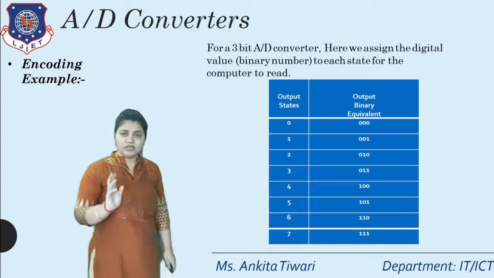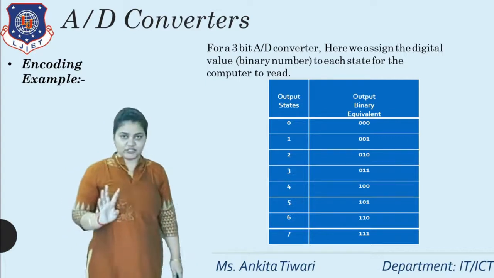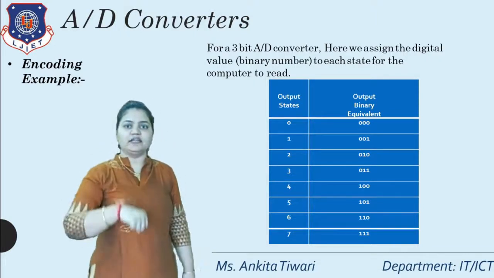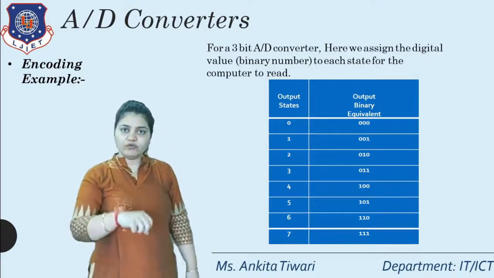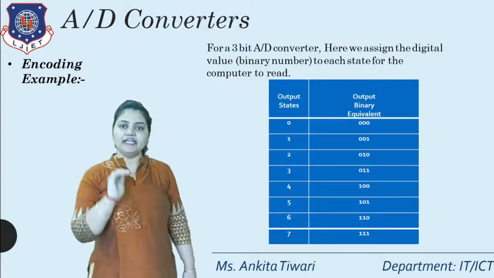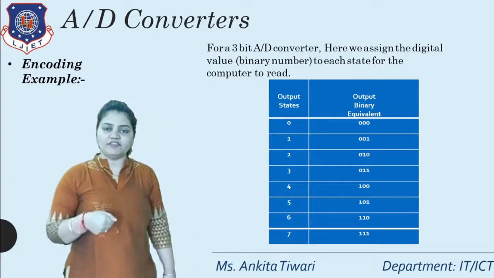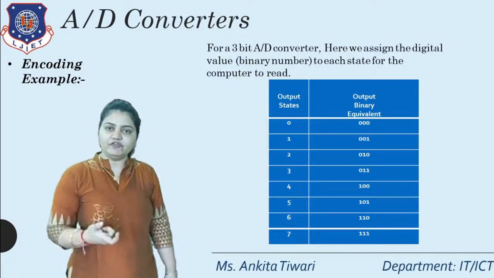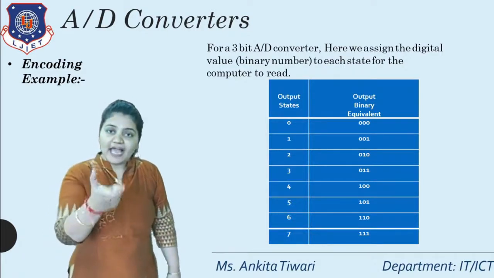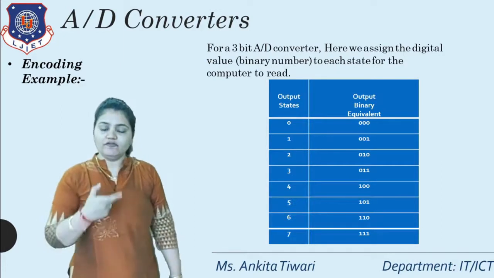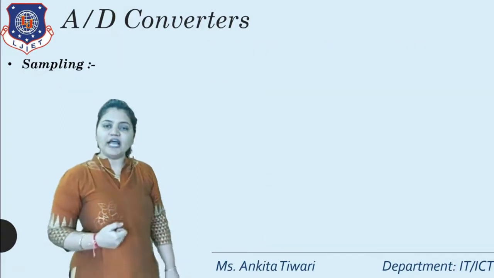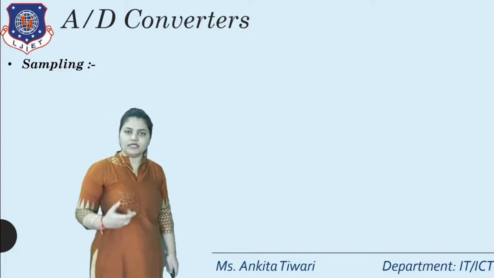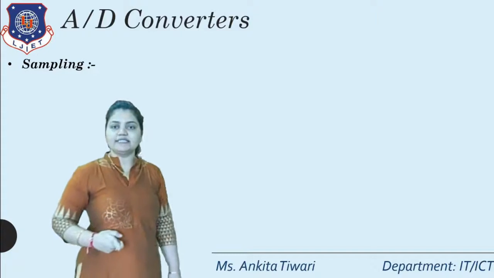Okay. Now we are having a two-step process. Means we are having quantizing and encoding as a part of signal transmission. But whenever we are dividing the signals and we are taking an output value of a signal and providing it in the converter, at that time we have to find out the actual form of the signal. For that actual form, we have to know the sampling process. So here the third concept in A to D converter is sampling.